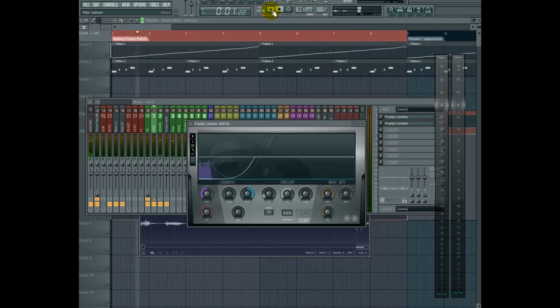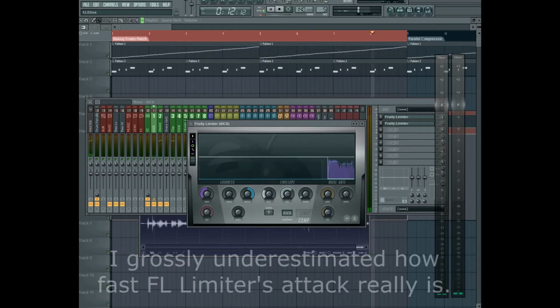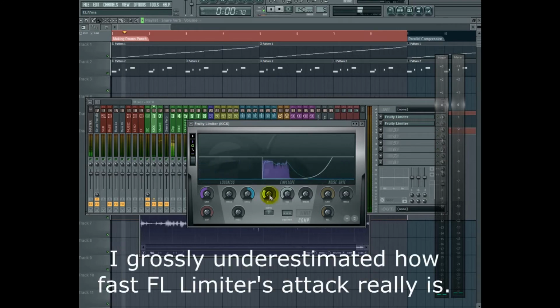Now, what this does is it's going to lower the signal of my kick drum after the attack. So if I do 12 milliseconds of attack,